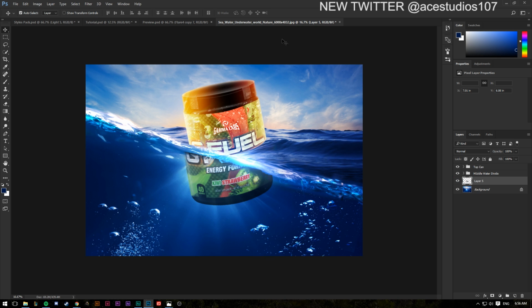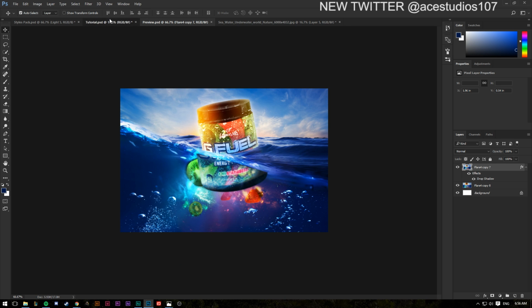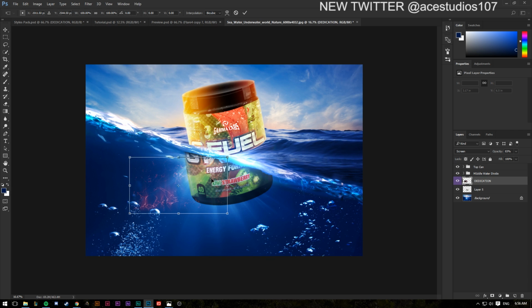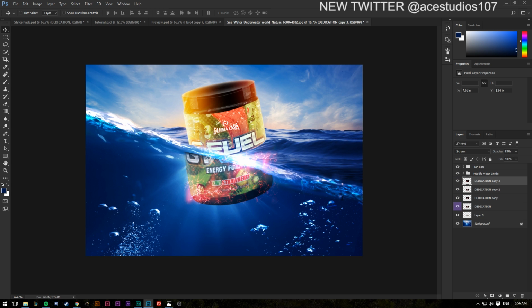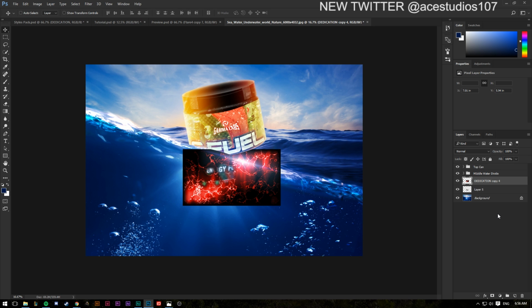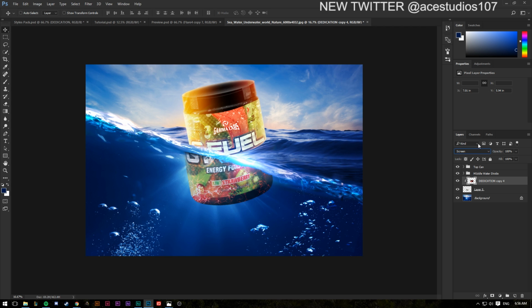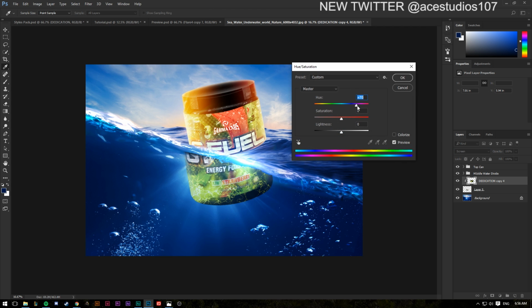I think I used this one first to light the inside, so just going to drag that one in like that, rotate it, and just press Ctrl J a bunch of times, and pop this back on screen so it's a little bit stronger. Right click, create clipping mask, so it's clipped to that, and then we can change the